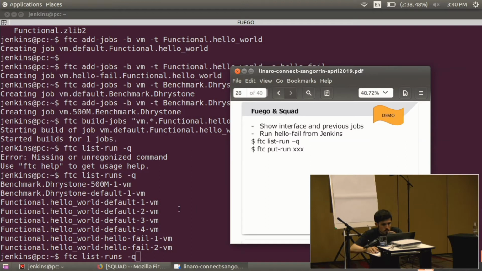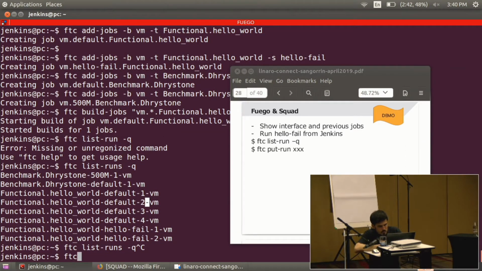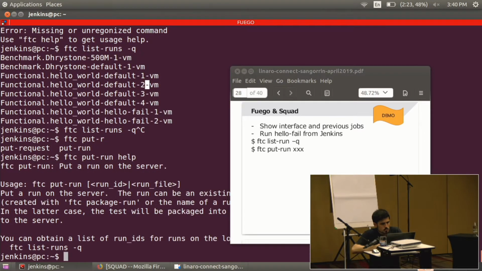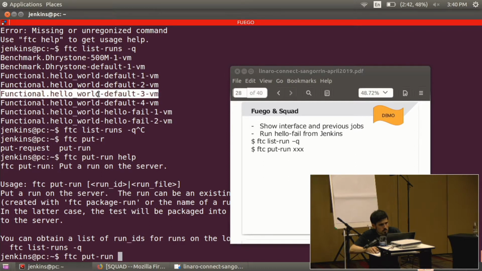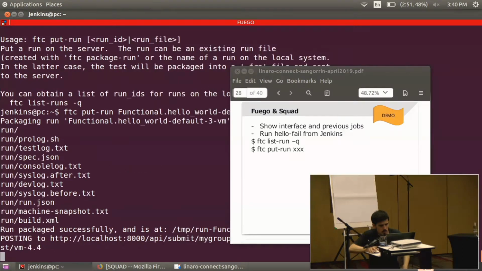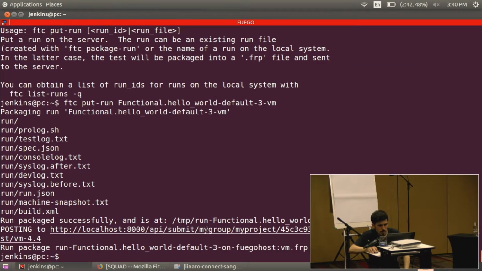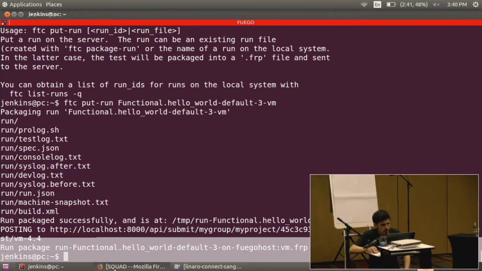So it will be FTC put run, and then you put the run ID or the run file. So I'm going to select just one of them, maybe this one. I will put it here and hopefully this will work. Okay, posting to localhost API, my group, my project. And if we go here,